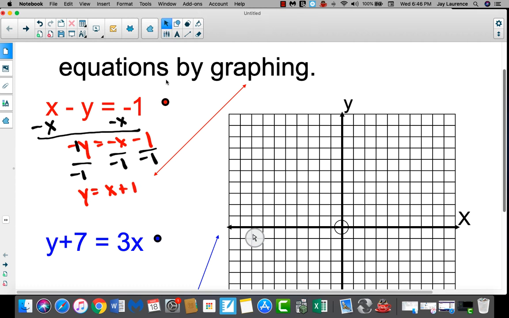All right, so now I'm ready to go ahead and graph. I can get the y-intercept of 1. And my slope is also 1, or 1 over 1. So I'm going to rise 1, run 1, rise 1, run 1. And I'm just going to put a whole bunch of points on here, and you'll see why in a minute. Okay? Just dragging a whole bunch of points using my slope. And I think this line is already ready to go. Bam, just like that, going right through all those points. Okay, with the blue equation,